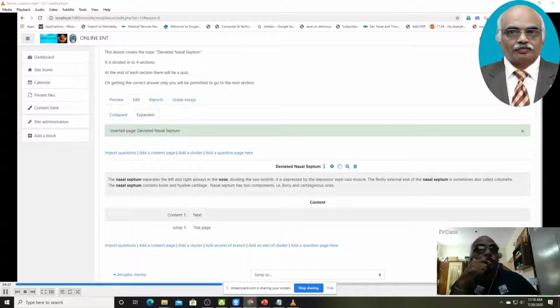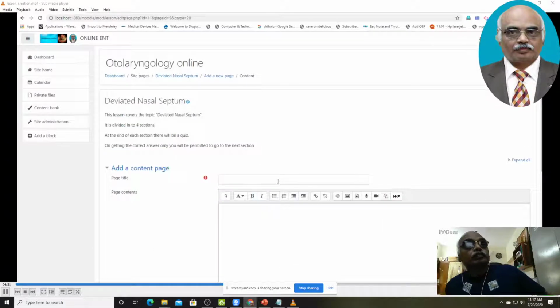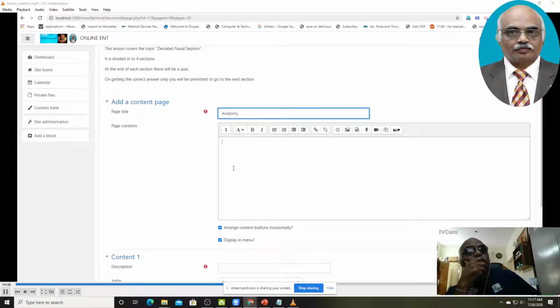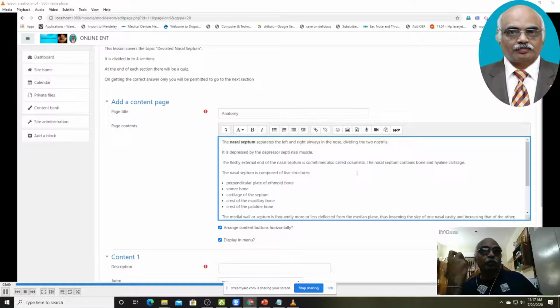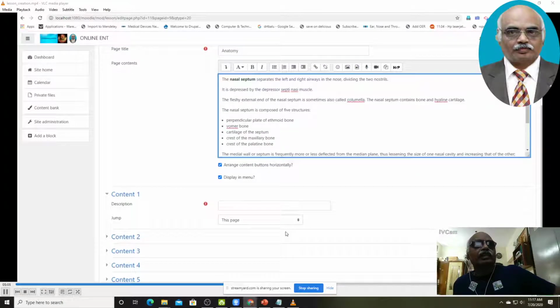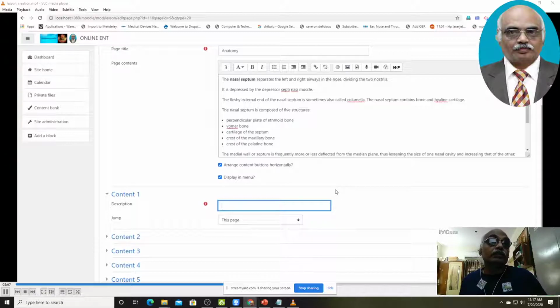It is getting displayed. So now I am going to add. First thing is deviated nasal septum. That is the intro. Next thing I need to add is a content page called anatomy. This is anatomy, and then you type out the contents which you want. You can add images, you can add videos, whatever you want to enrich your course, and then type next again. I want you, don't type the topic name, just type next,